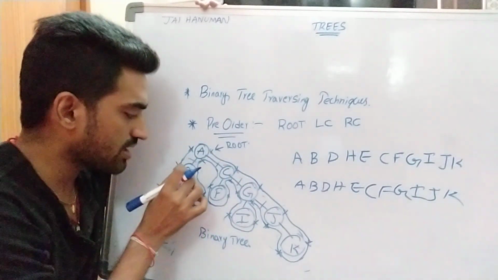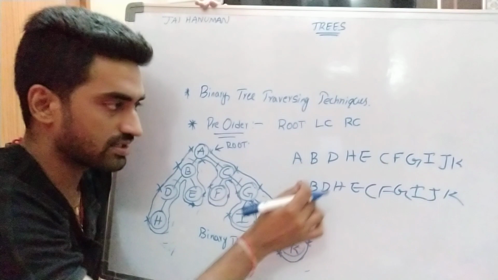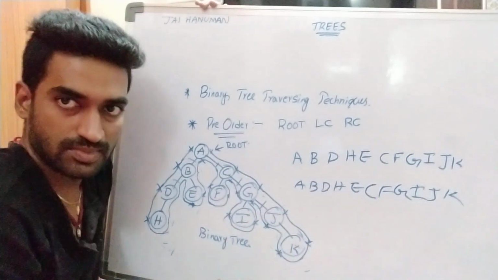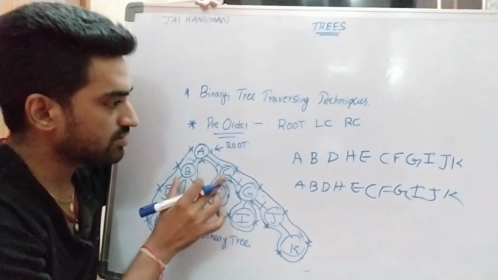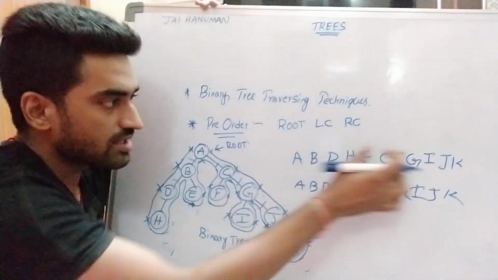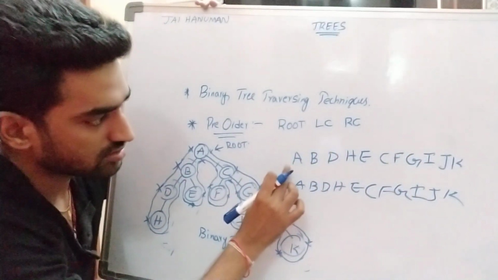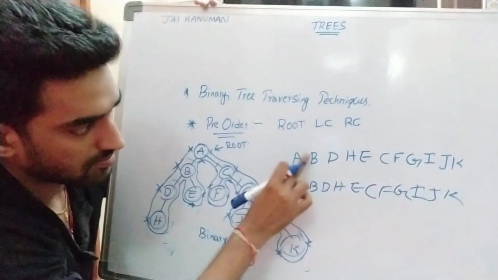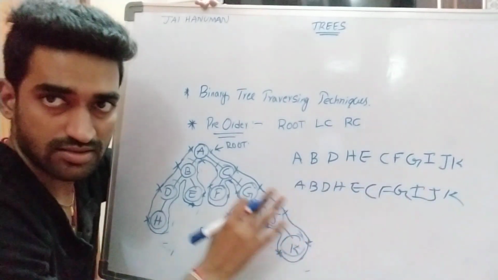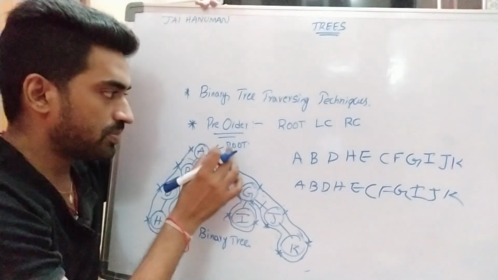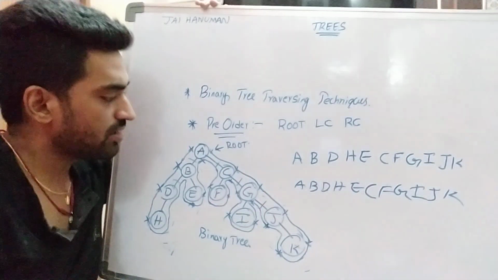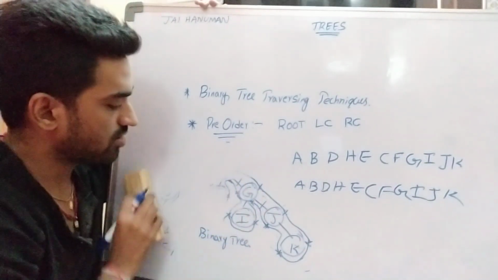So first-time visiting nodes are written first. Right? So this is the simple trick to check whether the answer is correct or not. So here let us check. Oh, both are same. Right? So this is the pre-order. So based on this example, I am writing the algorithm for the pre-order mechanism.